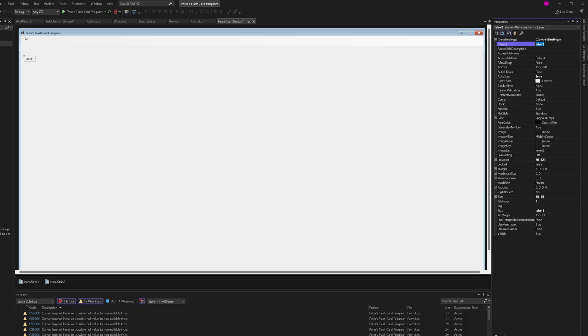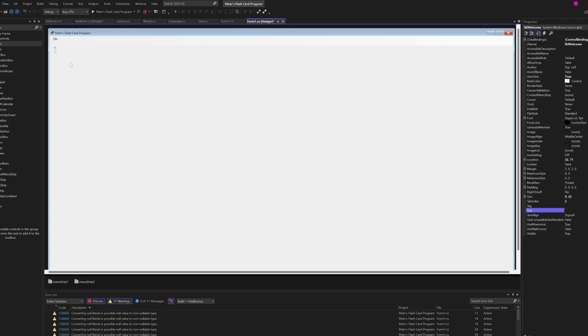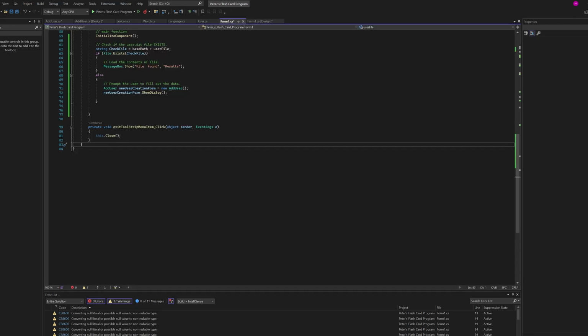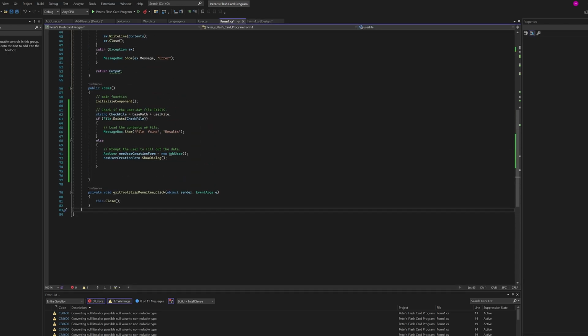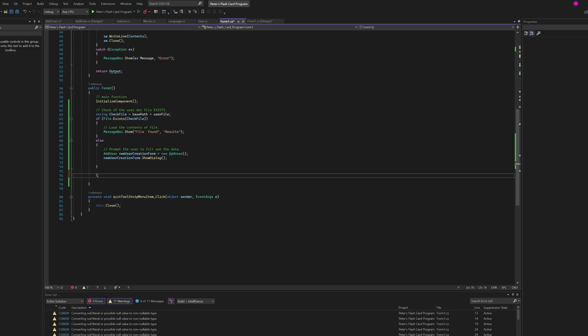So when we had this earlier, cancel that. We'll leave that as label 1. When we had it earlier, I had removed all the text from it and thought it was deleted, but it's actually still there. So label welcome still exists. So what we can do here is come back to this. Once we prompt for the new creation here, we can come down here. We'll just do label welcome.text equals, and now we need to get that username that the person just filled out